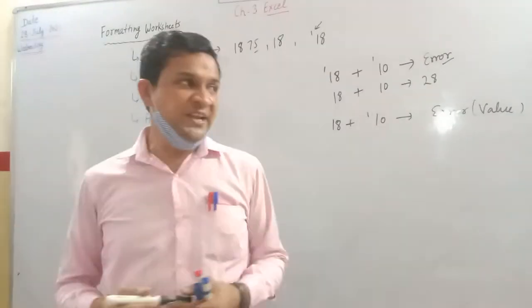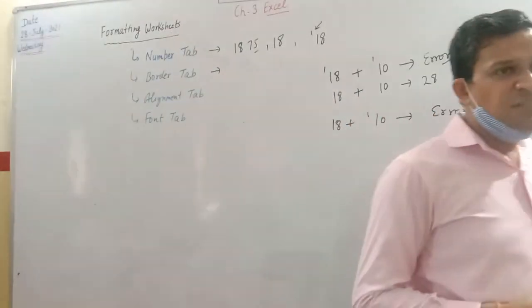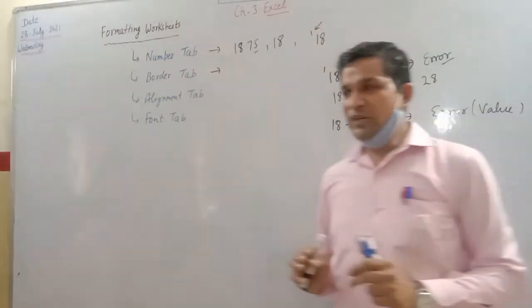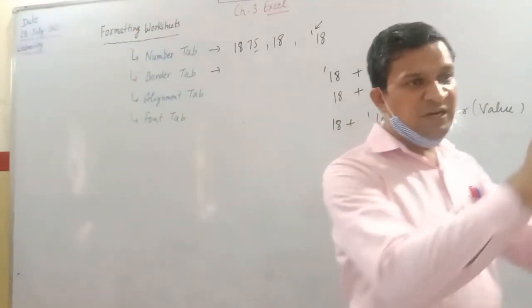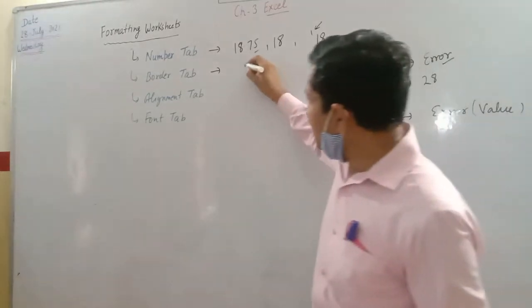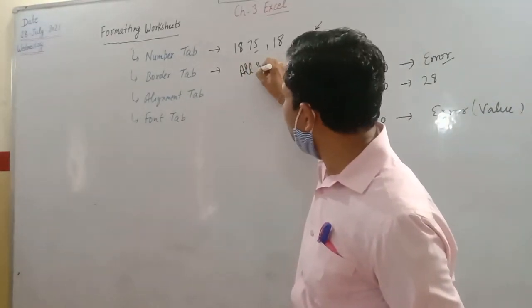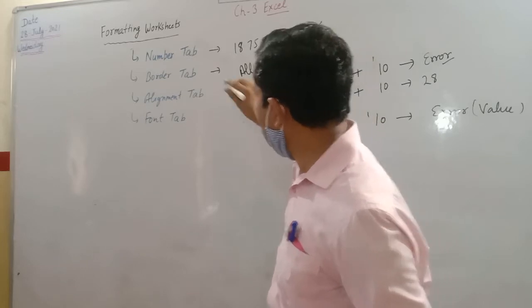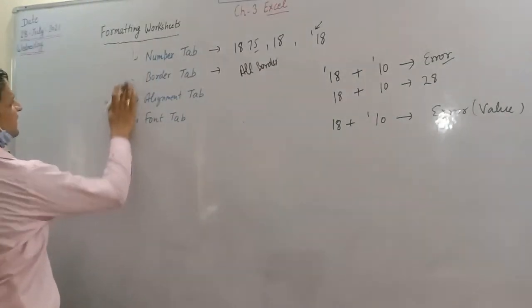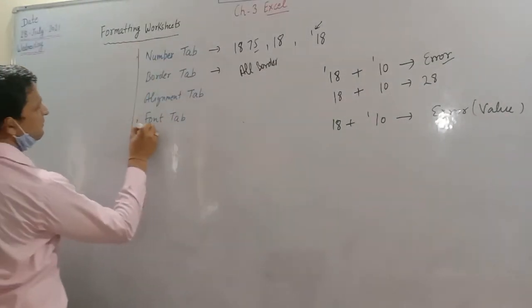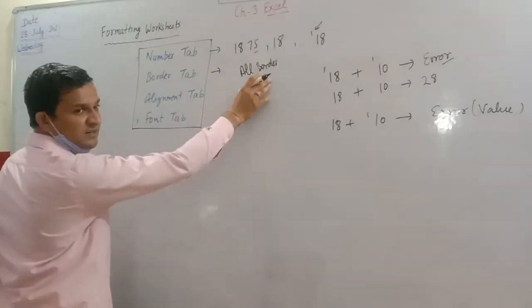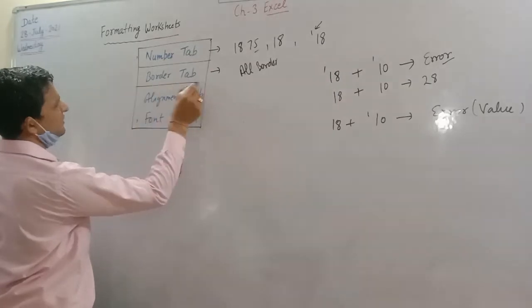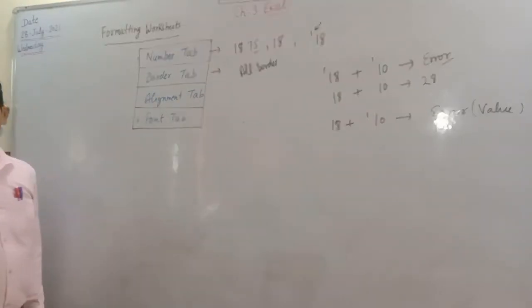It means you are making an Excel sheet, and that Excel sheet contains a border area. Border can be of two types: one is a single side border, one is a complete border. A single side border is also known as the all borders option. Like we have these four values, so we can convert them to border form. We will select these values and select the option of all borders. It will convert all values to border form.